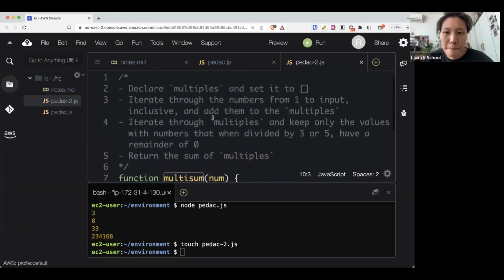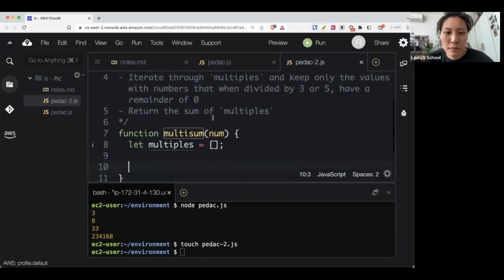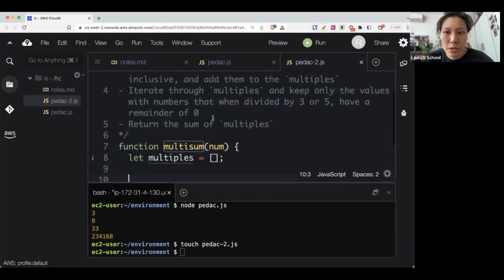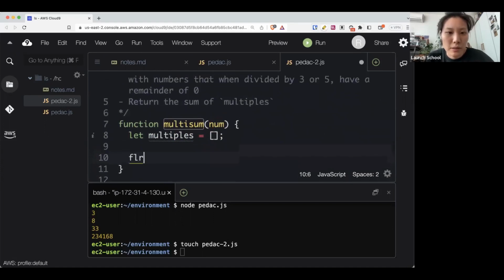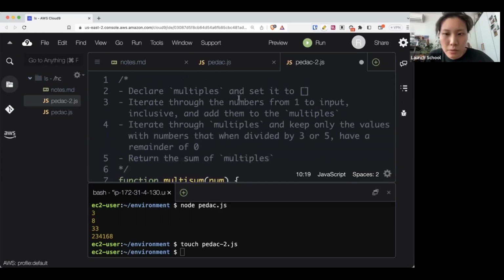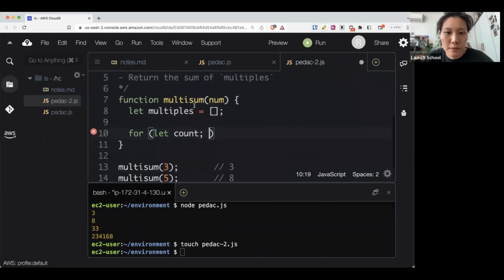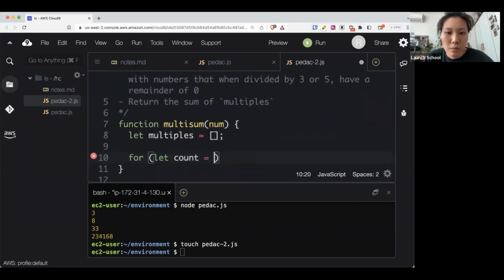So I'm going to do, maybe I should demonstrate a while loop. So honestly, for loops come a lot more naturally to me. So let's do a for loop again. Similar to before, iterate through numbers from 1 to input inclusive. So let count equal 1, and keep running until count is num, count plus equals